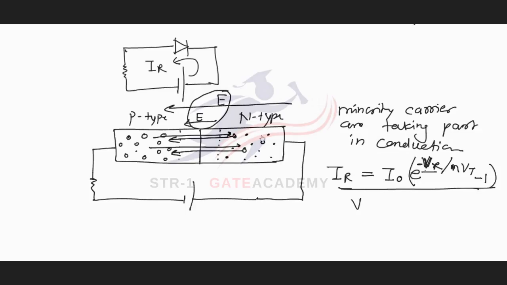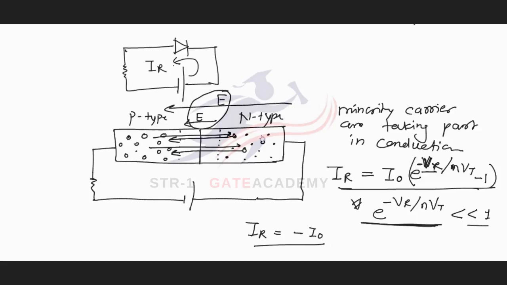Biased in the reverse direction, so I have written a voltage negative here. Now e raised to power minus VR upon eta into Vt is a negative exponential, and the value of this negative exponential will be surely less than 1. If it is less than 1, then the current IR will be equal to minus 1. If I show this direction